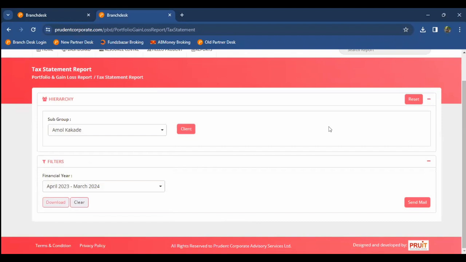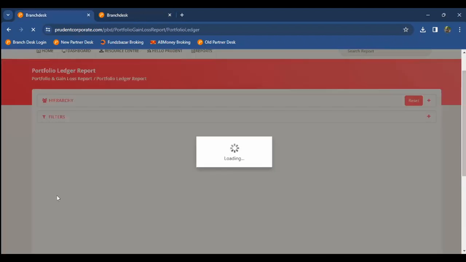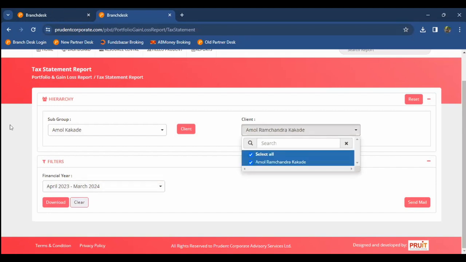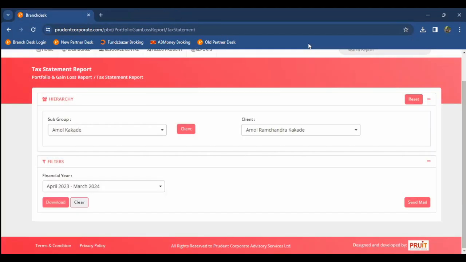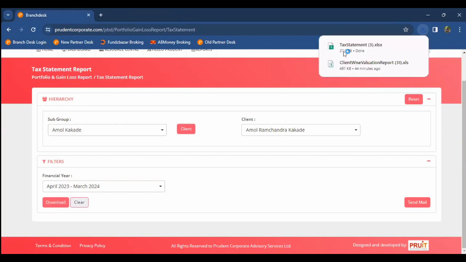Okay, I also have to select the client. I'll select the client's name as well, and I click on download. What will happen is one Excel file will get downloaded, and that one Excel file will have at least, I think, 6 or 7 different types of